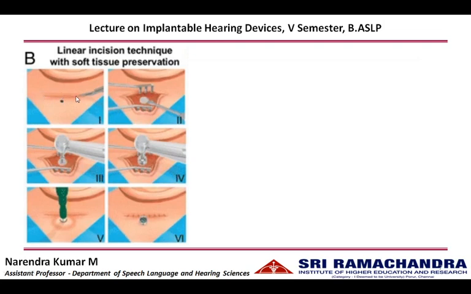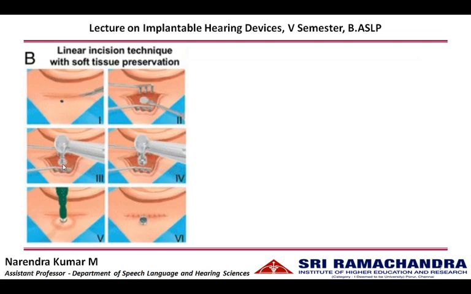Once the incision is made, a retractor is used to retract the skin and soft tissues away from the site of implantation. The periosteum is removed to expose the cortical skull bone. Once the bone is exposed, a drill is used to drill to sufficient depth for the bone conduction implant.